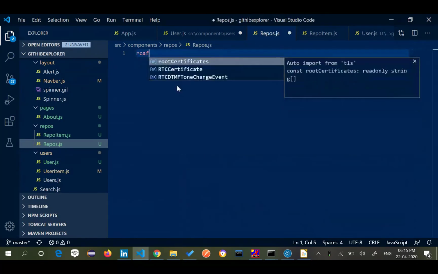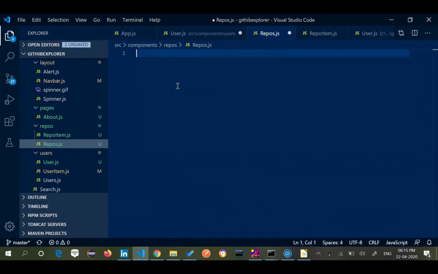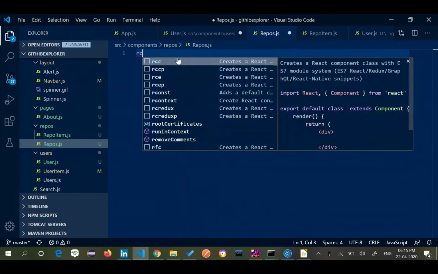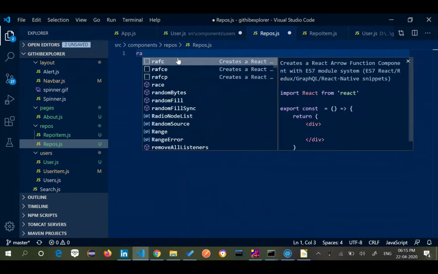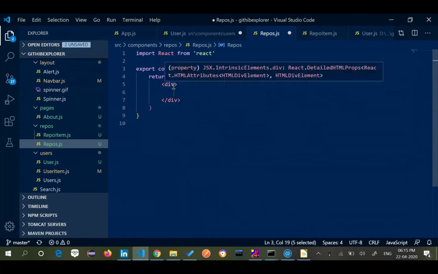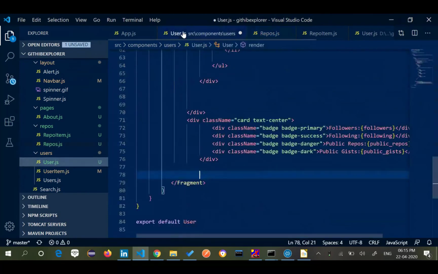So let me create a functional component here. Let me save it for a second and come back to the original scenario.